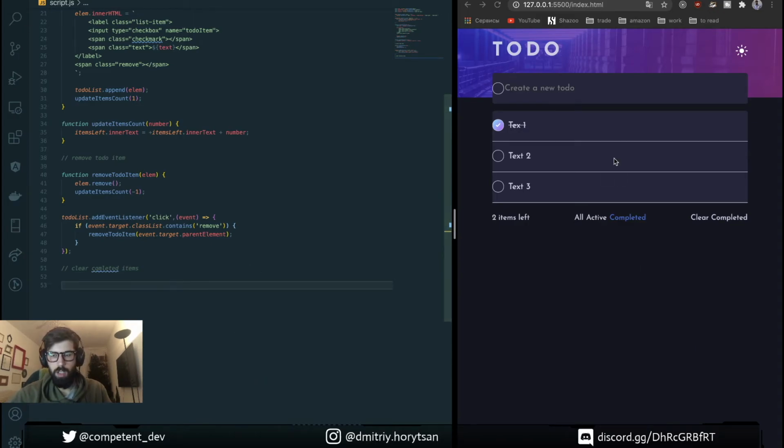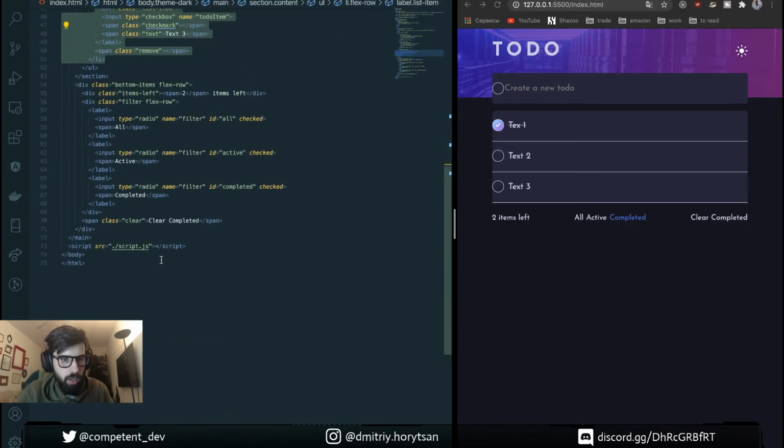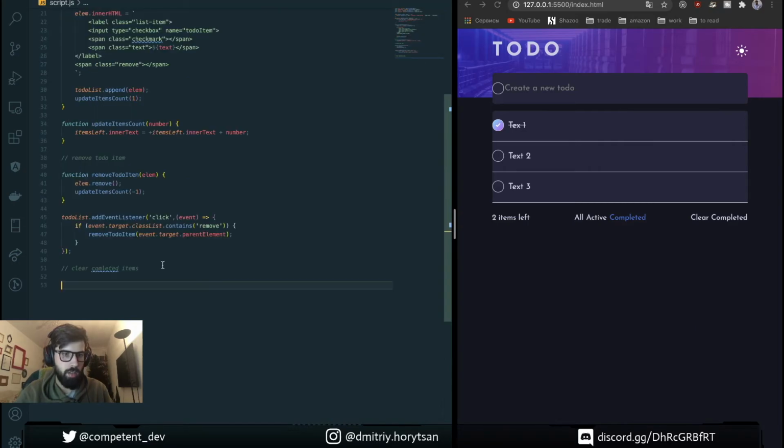For this we need, once we click it, to find all checkboxes here. What's the class of it? Clear. So okay, document query selector clear.